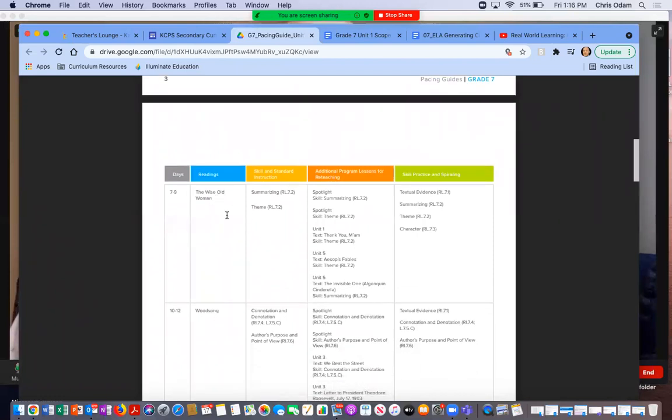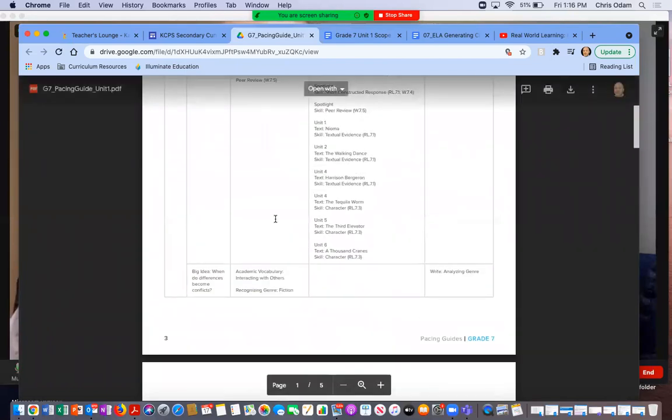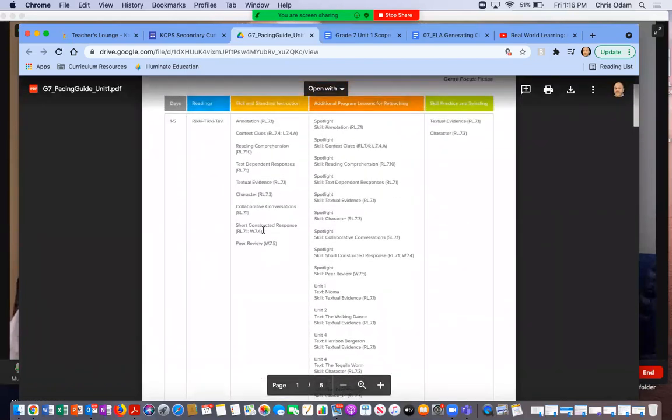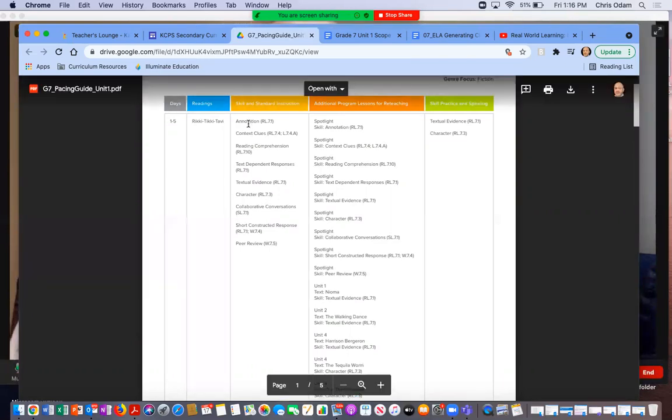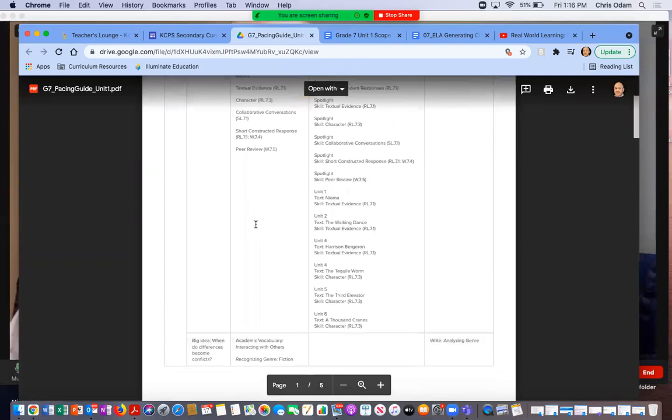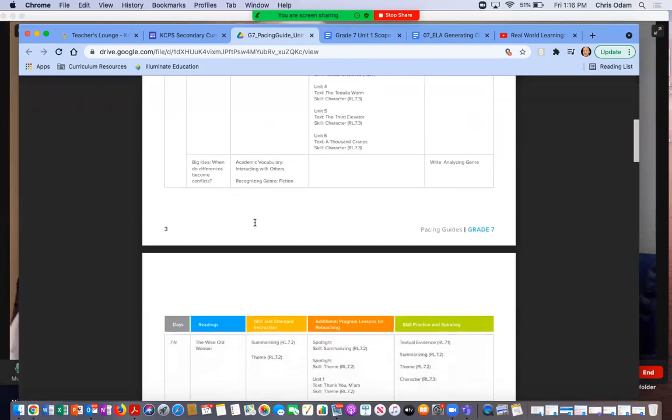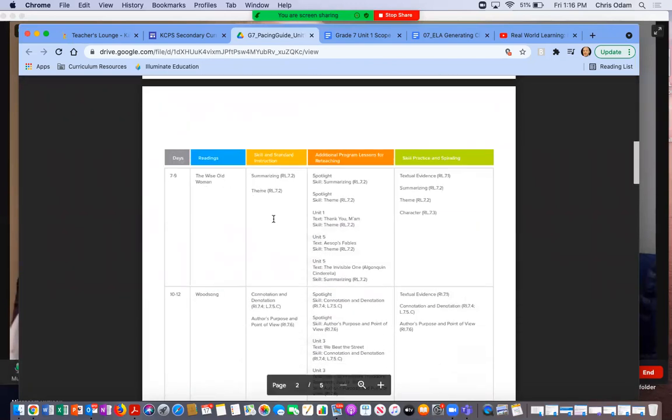Far fewer skills here that you'll see in the second reading. There is a reason for that. The skills that we're setting up here in this groundbreaking, foundational unit are part of what's called a sync start unit, which are really all the skills that they're going to get a little bit of introduction to that they'll use in every unit. So we teach them how to annotate early on in the year because annotation will be part of every lesson as it goes on. Here, as they get into The Wise Old Woman, we're really focusing on 2 main concepts,